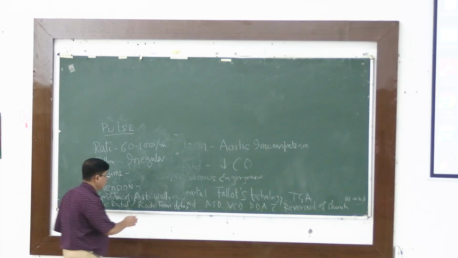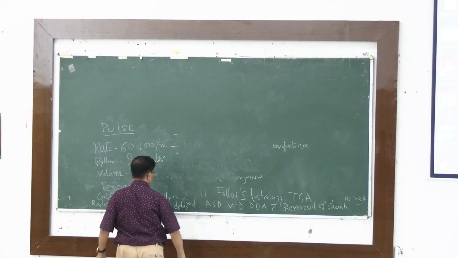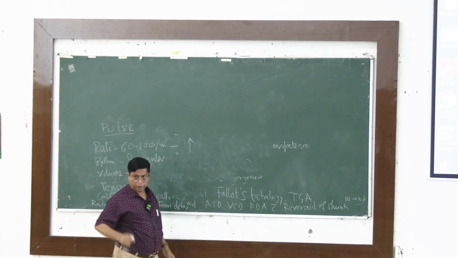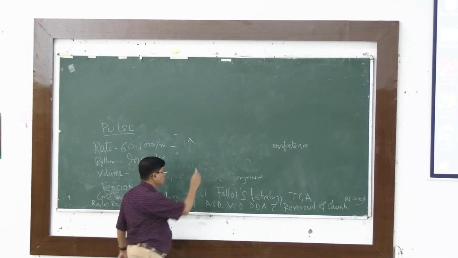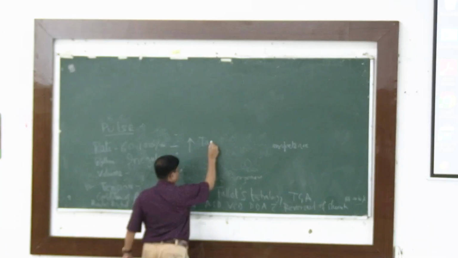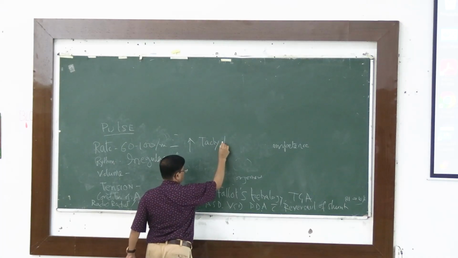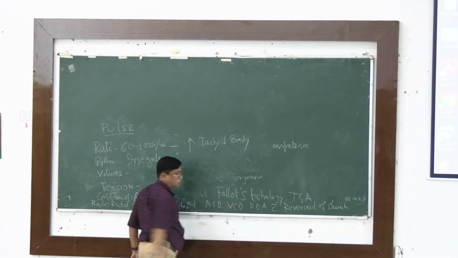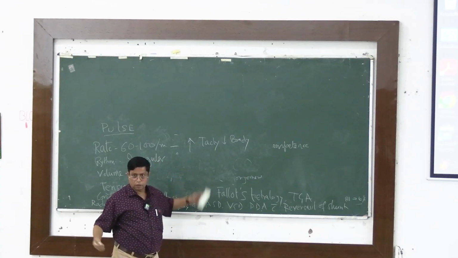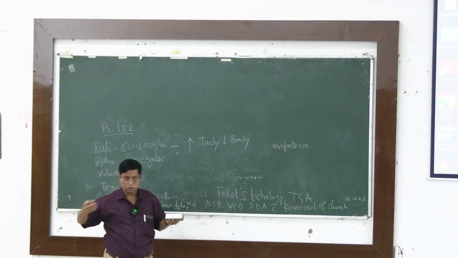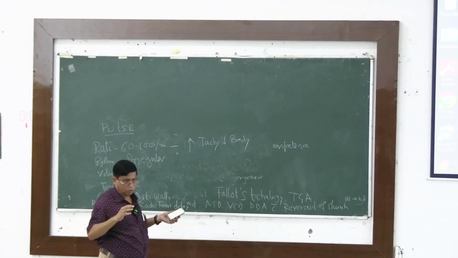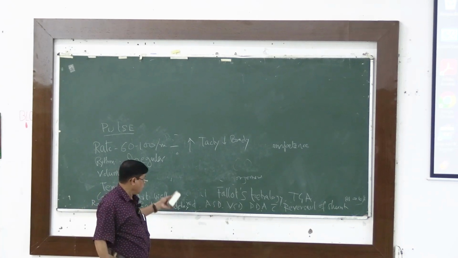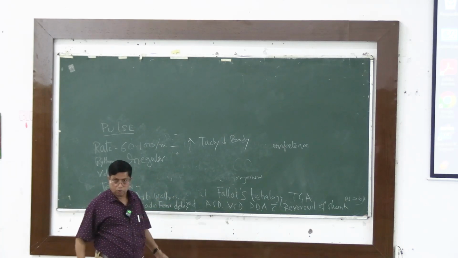Rate. If it is a high rate, it is called tachycardia. If it is low, it is called bradycardia. You know all these things. Important causes of tachycardia are fever, thyrotoxicosis, etc. Anemia also causes tachycardia. And for bradycardia, important causes